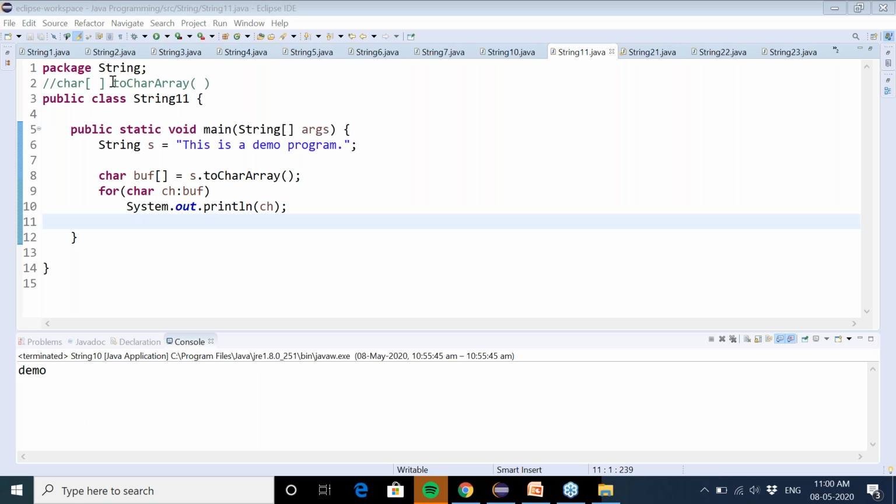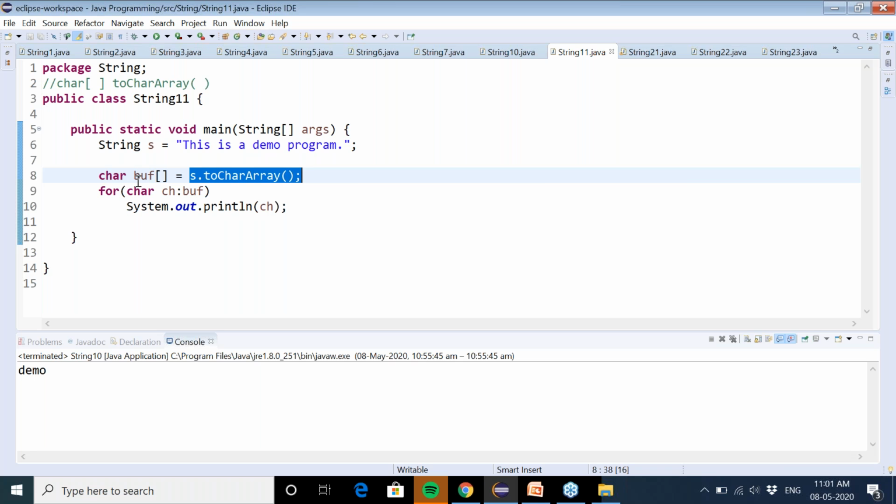In this program we have one string type object s that is initialized with the string literal, this is a demo program. Then on this string type object s, we are calling the method toCharArray. This will return a character type array. So the string, this is a demo program, will get converted into the character type array buff. You can then retrieve the elements of the buff array one by one.